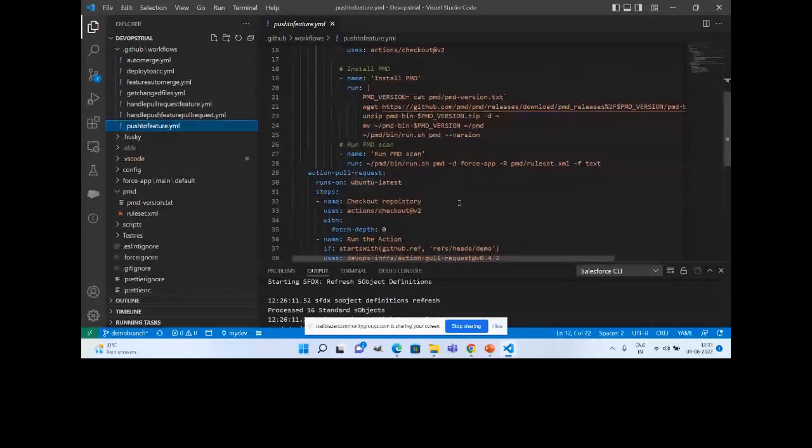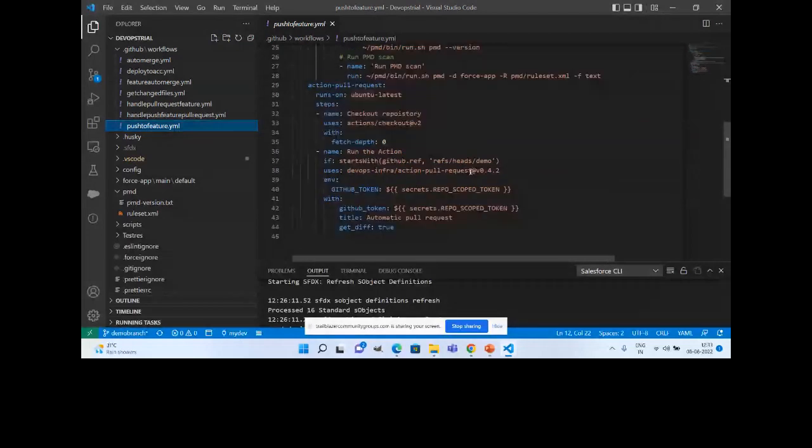Again, here the steps are almost the same. You are checking out the repository to the server, and then there is an operation by which you will be able to create a pull request. Now, in Salesforce, we have AppExchange, right? Where you can utilize some commonly available solutions, install them into your Salesforce org and use them. Similar to that, GitHub also has a marketplace from where you can utilize some of the commonly available functions or services. So for pull request creation, similar to this, I'm using a publicly available method.